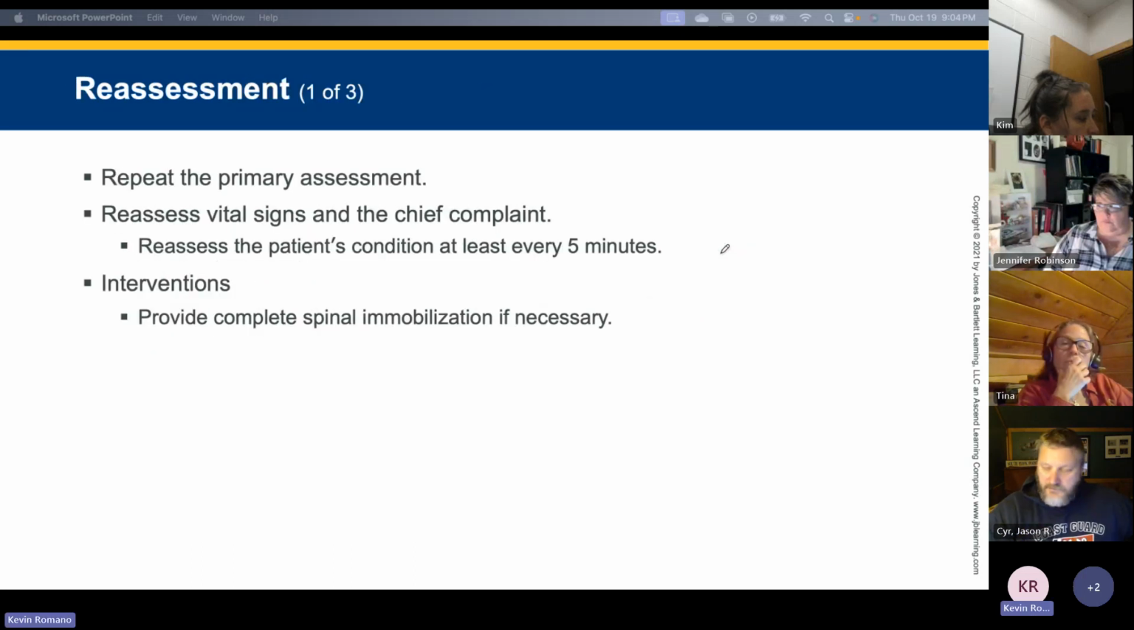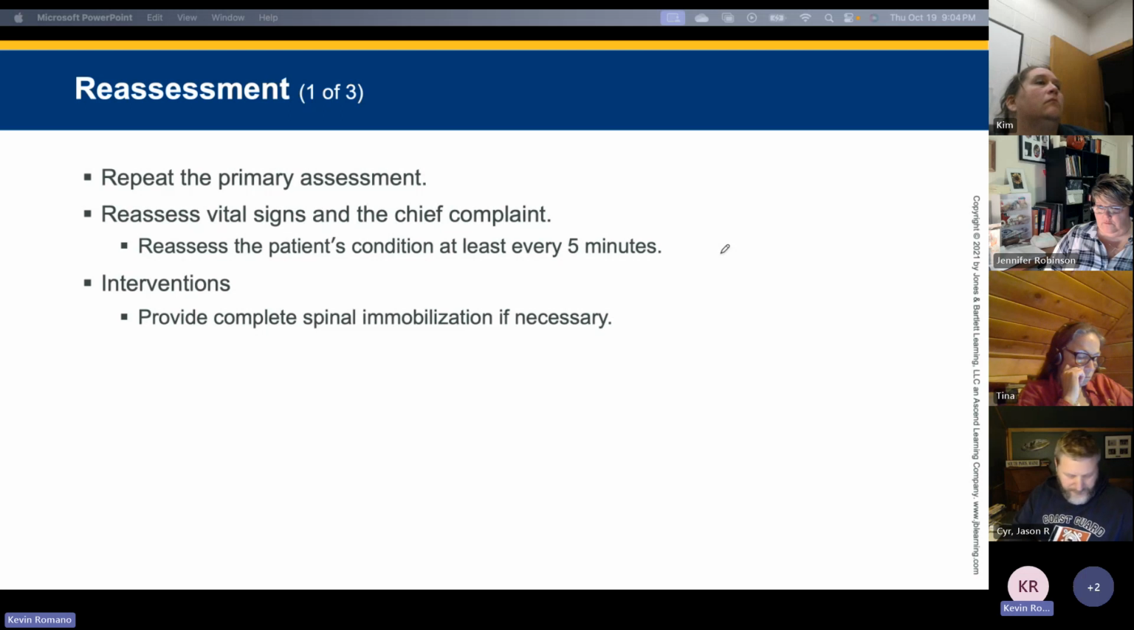Reassess by repeating the primary assessment. Continue reassessing the adequacy of airway, breathing, circulation. Recheck patient interventions. This is particularly important with patients with facial or neck injuries because of the ease with which the injuries can affect associated symptoms. The patient's condition should be reassessed every 5 minutes for this, and provide complete spinal immobilization for any patient